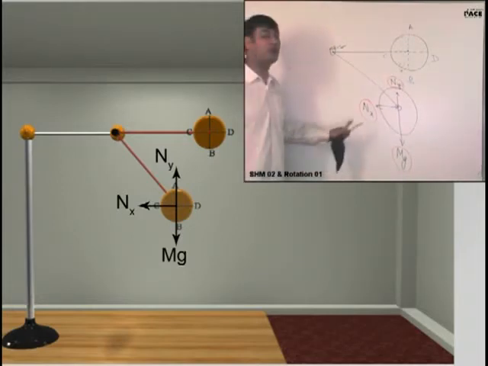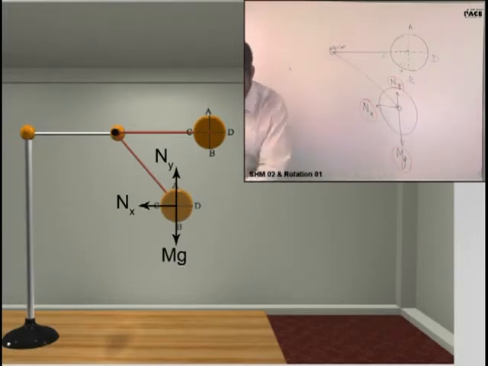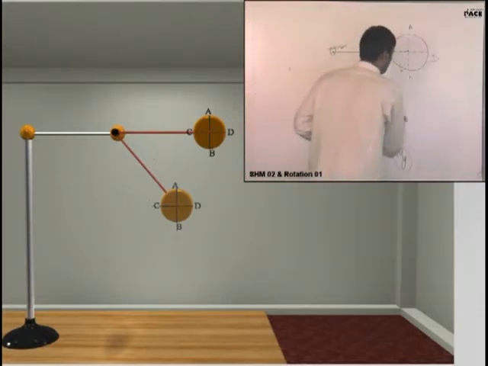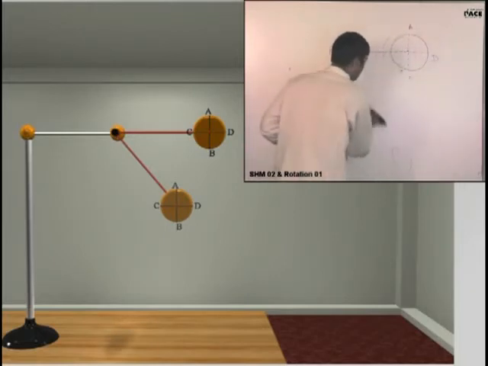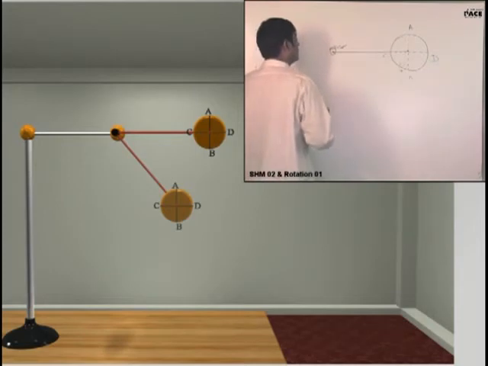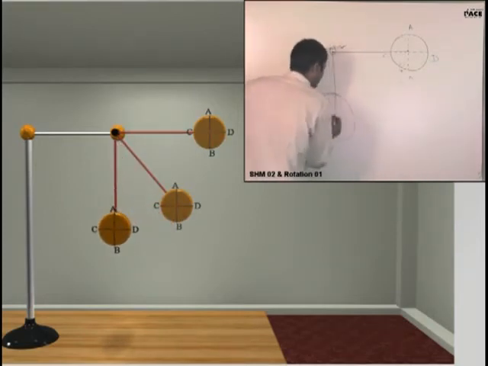If you find the net torque of these forces about the center of mass, what is the torque? Tell me. 0. So will the disc rotate at all? It was at rest. Initially it will remain at rest always because there is no external torque acting on the disc. Do you understand this concept? So will AB line remain AB vertical? Initially it is vertical. Will it remain vertical always? Yes or no? Yes. So when the disc reaches the lowest position, can you tell me where will be AB?